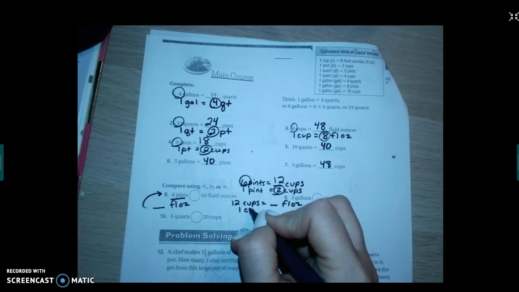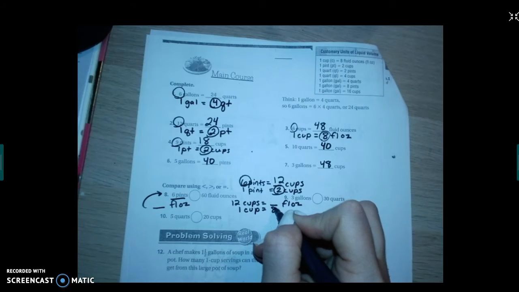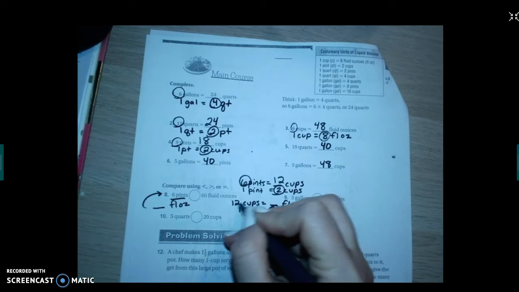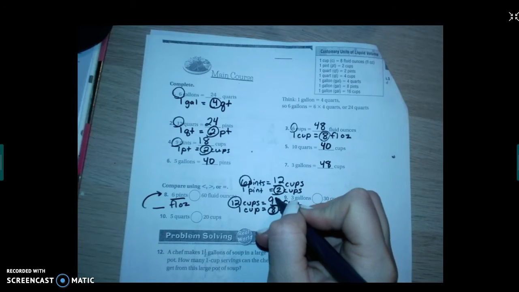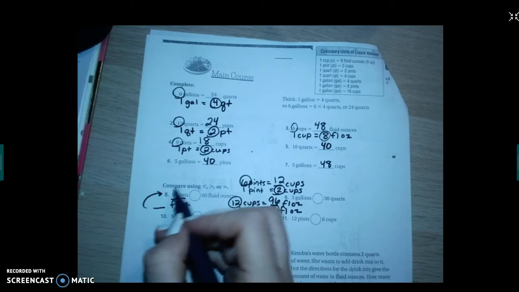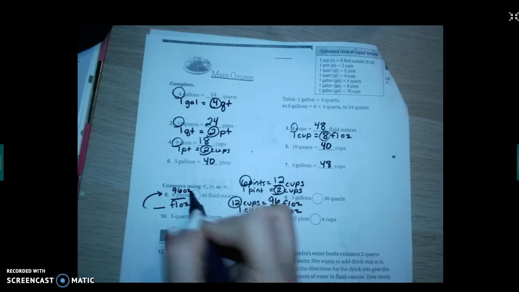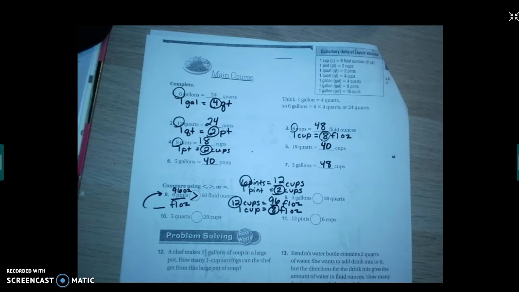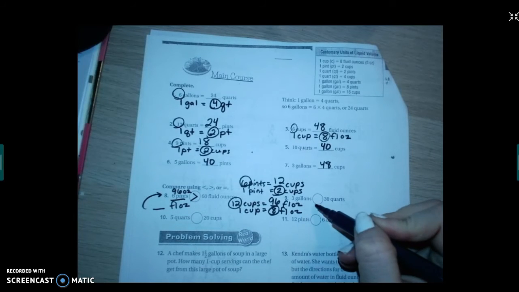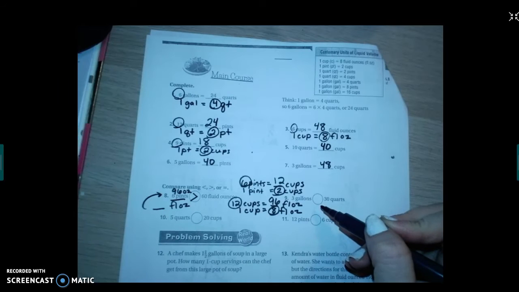Well, I know that 1 cup equals 8 fluid ounces. So 12 times 8 is 96. So 6 pints equals 96 ounces. And this is 60 ounces, so this is going to be greater. That's a lot, but that's okay. Now this number 9 is a little bit easier because you're going to get to only do one